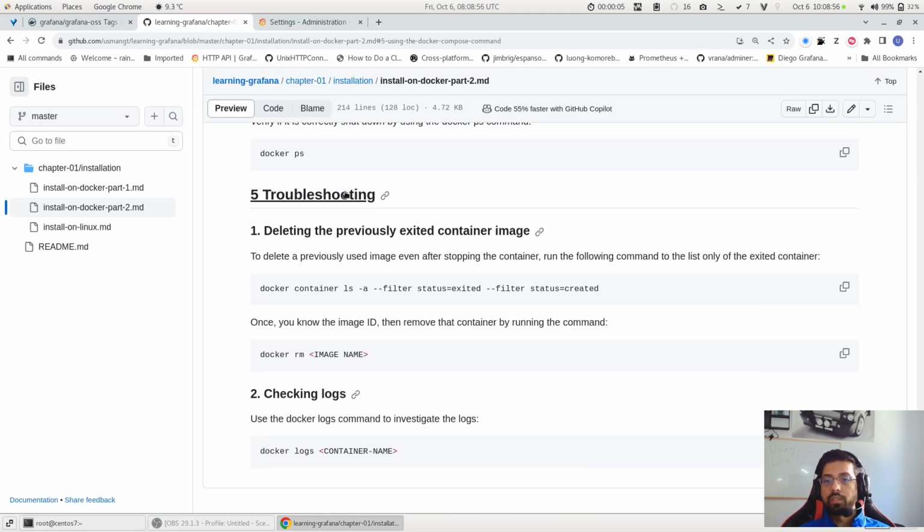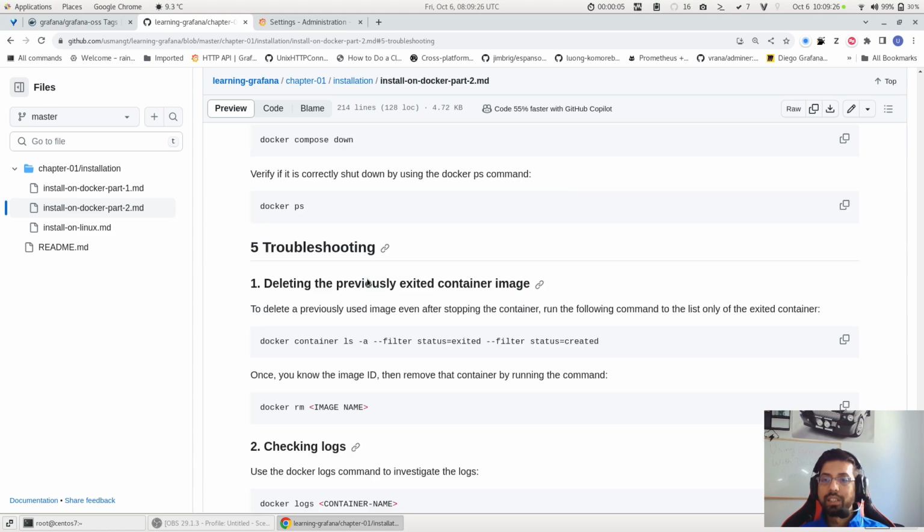Now comes the part of troubleshooting. This is a very common one, so it might be very tricky for beginners, and even sometimes for me, when I am using Docker to run a Docker image for Grafana and then get an error that a previous container was already created and it cannot create it. You have to delete or rename it. So for example,